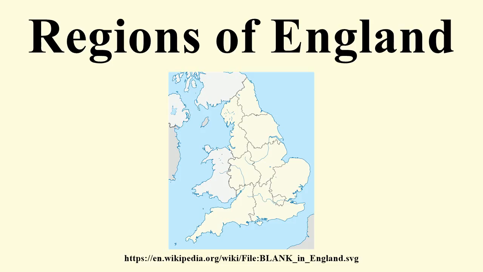List of regions. NUTS 1. Statistical regions. The nomenclature of territorial units for statistics is a geocode standard for referencing the subdivisions of the United Kingdom of Great Britain and Northern Ireland for statistical purposes. The NUTS code for the UK is UK, and there are 12 first-level regions within the state. Within the UK, there are 9 such regions in England, together with Scotland, Wales, and Northern Ireland. The standard is developed and regulated by the European Union. The NUTS standard is instrumental in delivering the EU's structural funds.